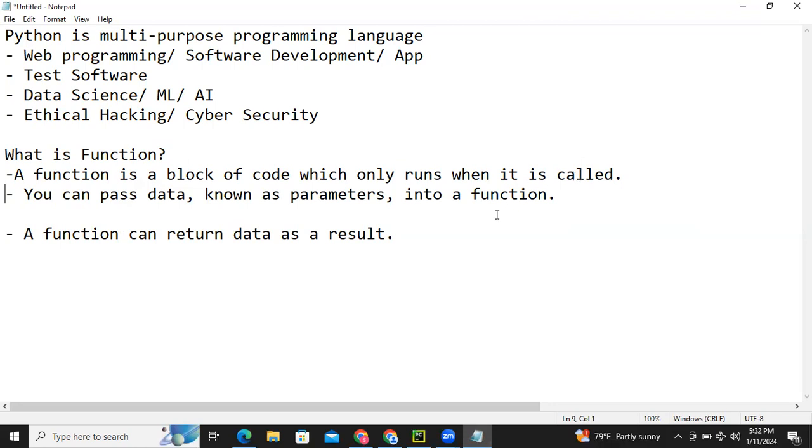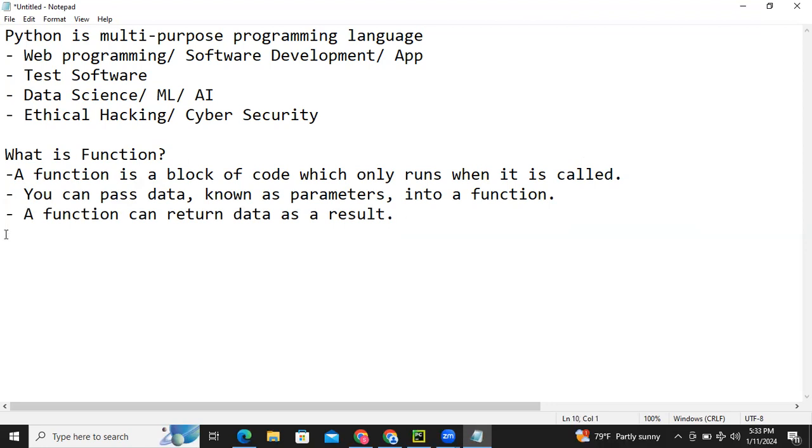Yes, we will go through an example. And we can pass data, and these data are known as parameters inside the function, and a function can return data as a result. Okay.